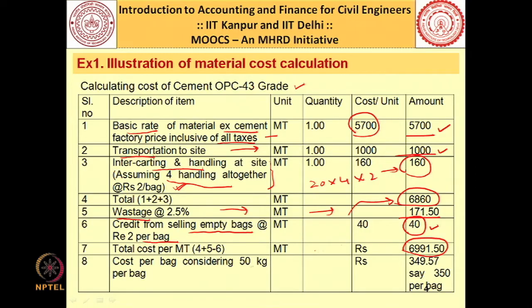Now, each bag consists of 50 kg cement. So, per kg cement you can calculate it by dividing by 1,000, or if you want to do it per bag, which is 50 kg, you divide it by 20. So, you get 349.57, which is roughly about 350 rupees per bag. So, this is how you calculate the cost of OPC 43 grade cement. I will give you a few more